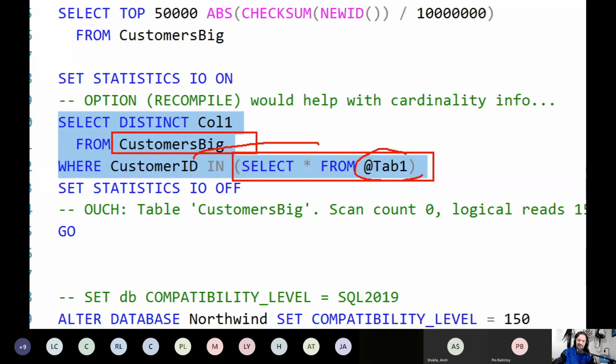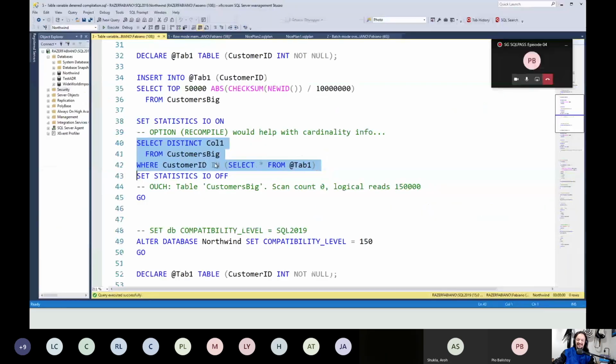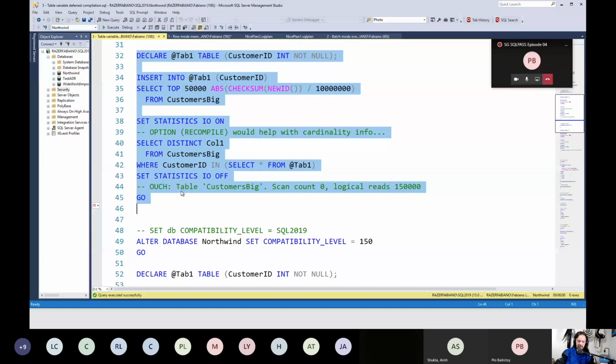And this is actually cool, right? You can use star here in the one column. Yes, you can, but only if your table has only one column. In that case, my table variable only has one column. So you see, I'm inserting some rows here from the customer's big table, and then I'm trying to read only the rows that actually exist in the table. And then if we look at the execution plan,